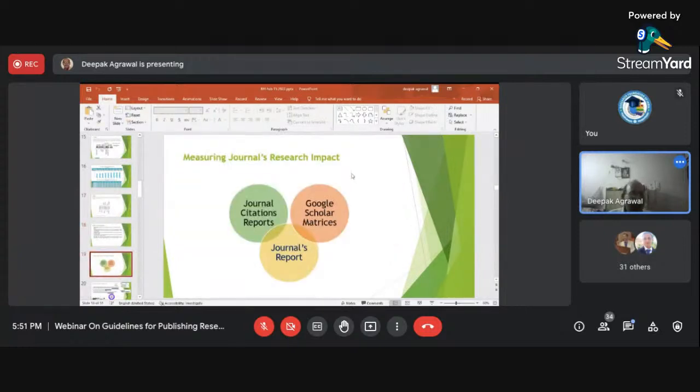Next comes, once we have decided ISSN or ISBN, secondly, we need to determine the journal research impact, that is, impact factor in common sense. So how to determine it? It can be determined with two elements. One is the Journal Citation Reports or through the Google Scholar metrics. You can go through Google Scholar. You can find the general details, or the various Journal Citation Reports, JCR, are easily available and you can even access them.